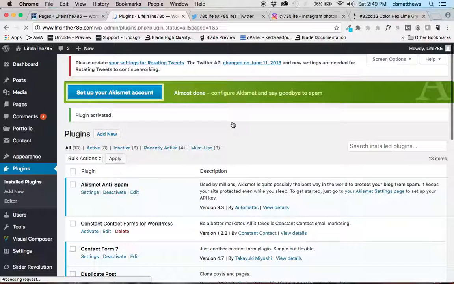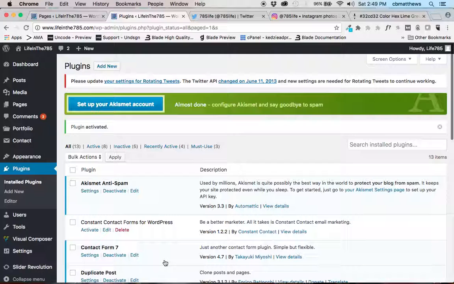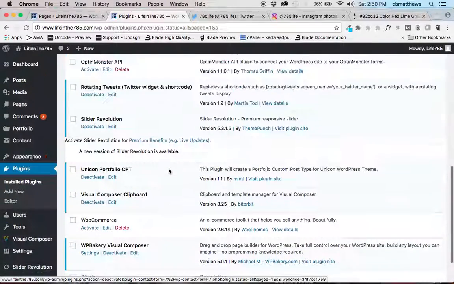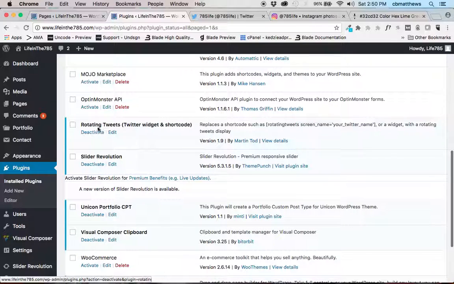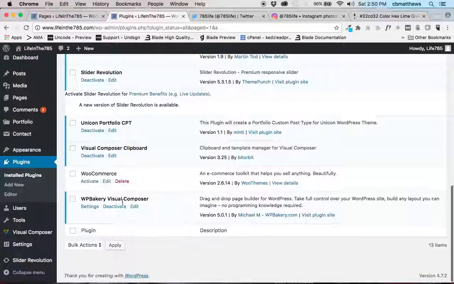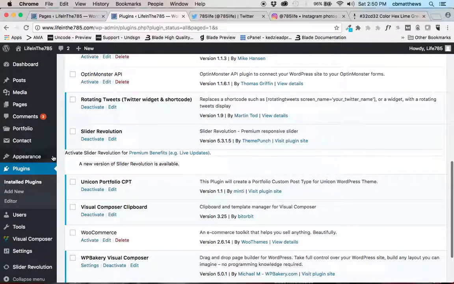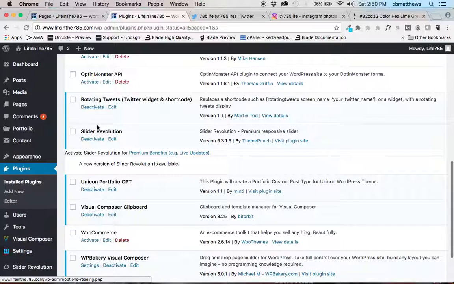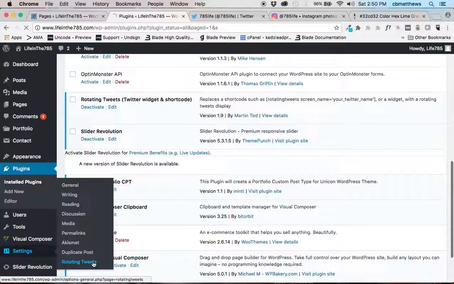And then when it's done, it's going to take me back to my plugin page to show me that the rotating tweets plugin is on. It's already yelling at me that I need to change the settings on it, which is fine. So I'll go ahead and just do that right now by coming over here under settings. That's where a lot of them allow you to activate the settings from right here within the listing of the plugin, but sometimes if not, it'll put it up underneath the tools section or the settings section. So I can go to rotating tweets,